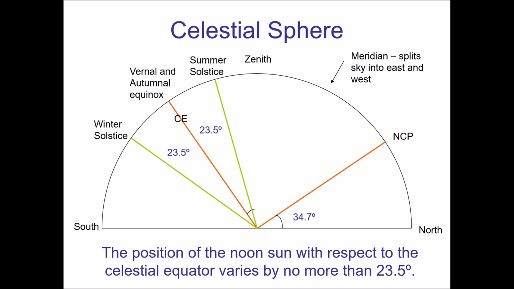Now we can go back to our original picture of our celestial sphere, and we can add in some extra information. So, we have our celestial equator there. We have the North Celestial Pole. That's based on our latitude. Great. And now we can throw in the solstices and the equinoxes. Right? The equinoxes are aligned with the celestial equator. And summer solstice is 23.5 degrees above. And the winter solstice is 23.5 degrees below. And the sun will be found somewhere in between those two green lines.